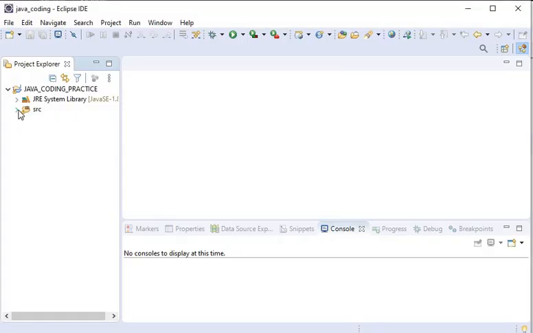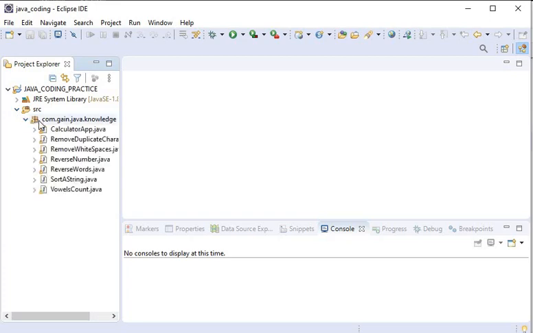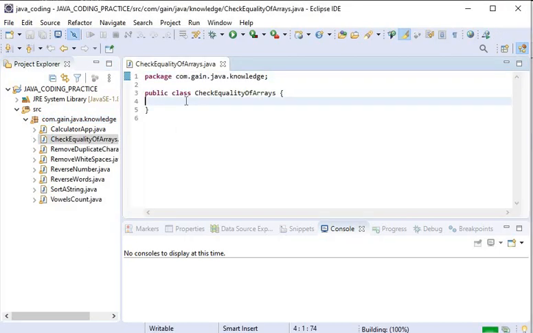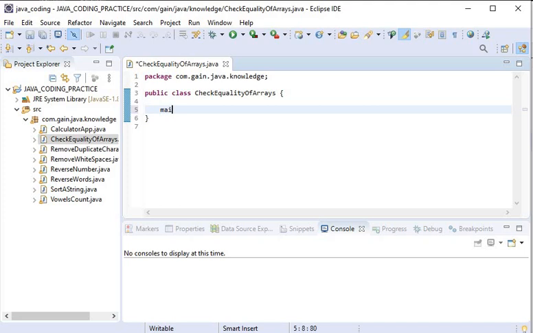First I will create a new class, EqualityOfArrays, and inside this class I will declare a main method.